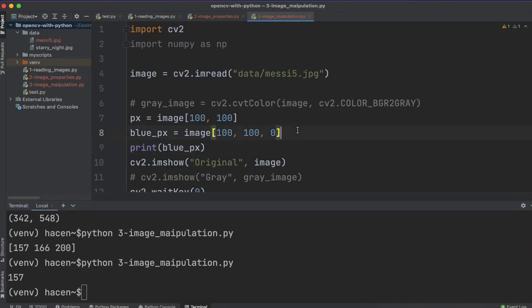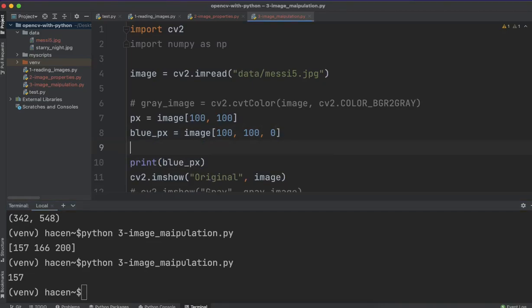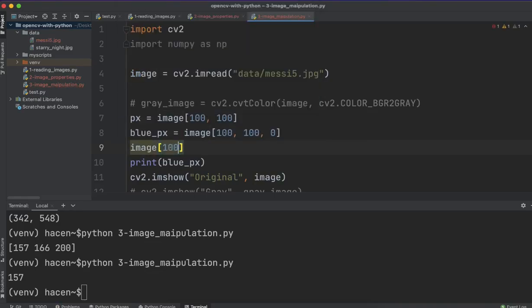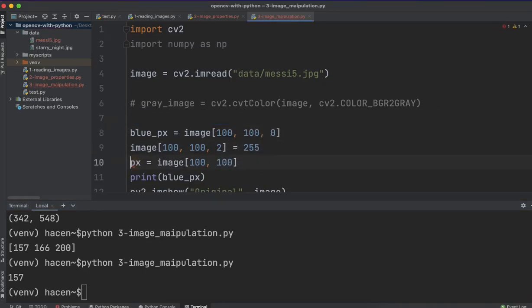For example, if I modify the red value of the pixel, it will be image 100, 100, and for the red channel, it is the third in the shape with the index of 2. And if I give it, for example, 255, and I print this, if I access the pixel here after I change it and I print it here,